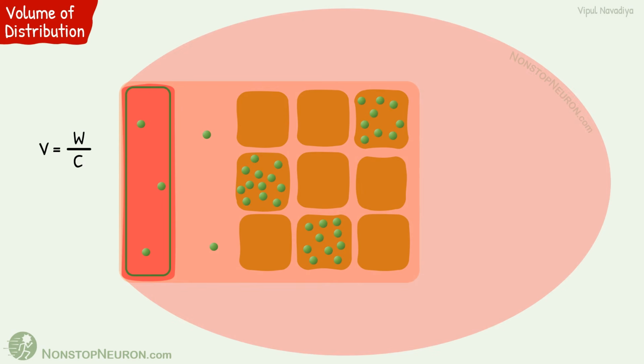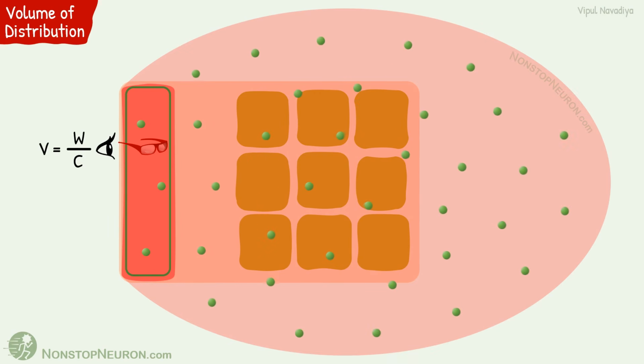Thus, the real reason why the drug is getting diluted is its sequestration in deeper tissues, not the actual large volume of body space. But from the viewpoint of the equation, the drug is evenly distributed with the same concentration as plasma. So it gives a volume that is larger than the total body volume. This is a perfect example showing why it is an apparent volume, not a true volume.